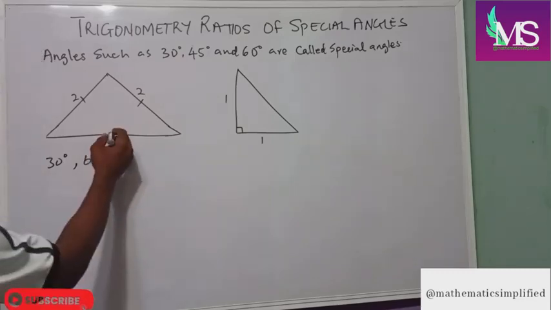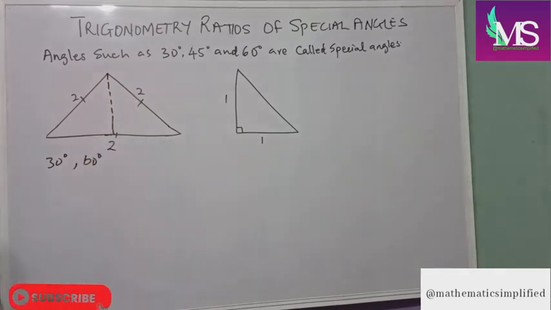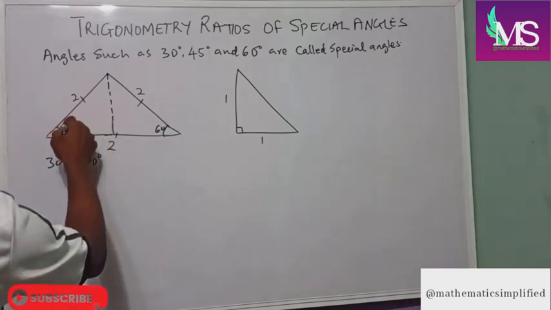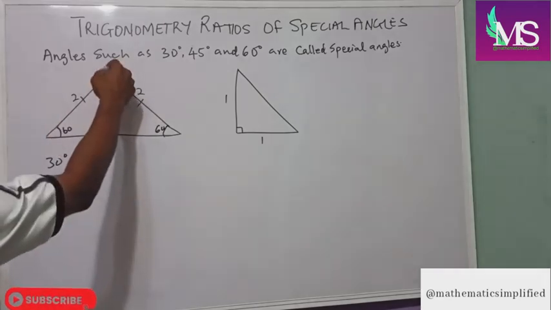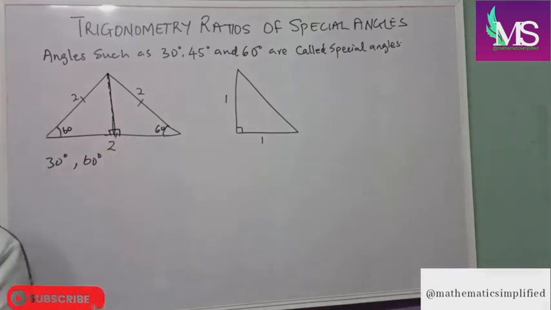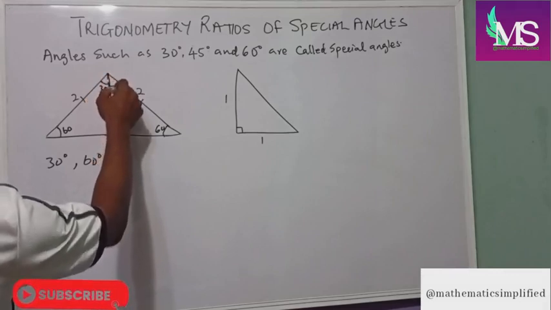If we draw a line coming down here, we know that for an equilateral triangle, all angles are 60 degrees. So if we draw a line that bisects this, forming a right angle here, this becomes 30